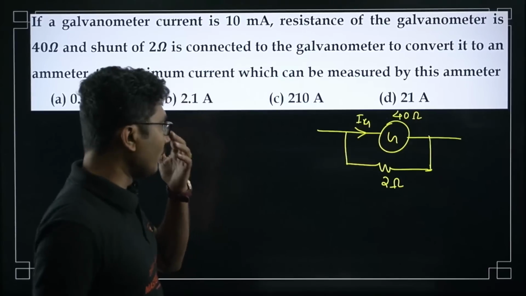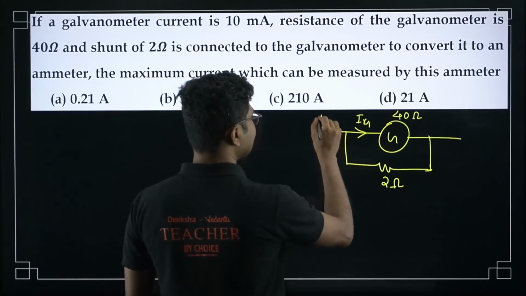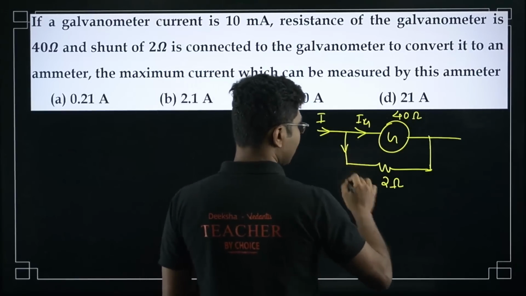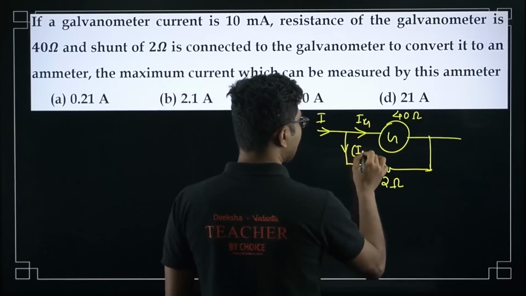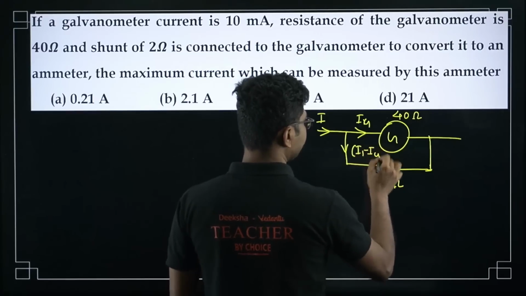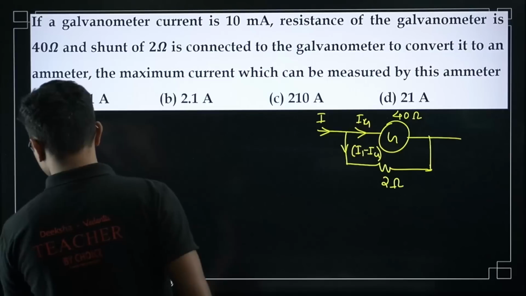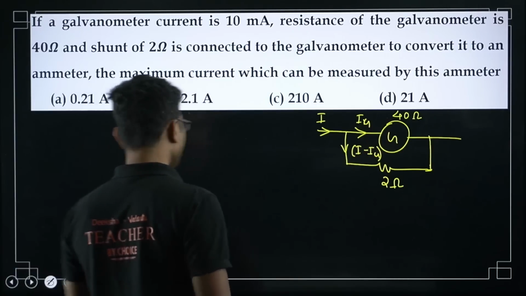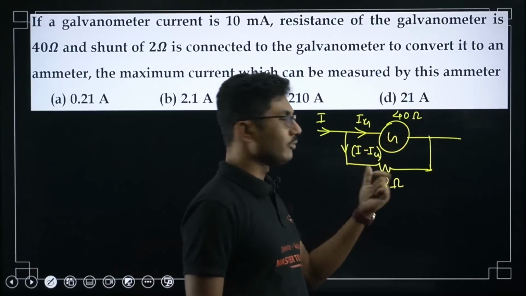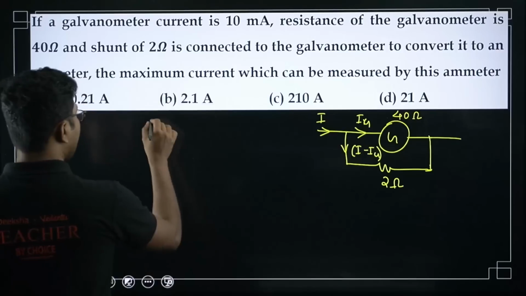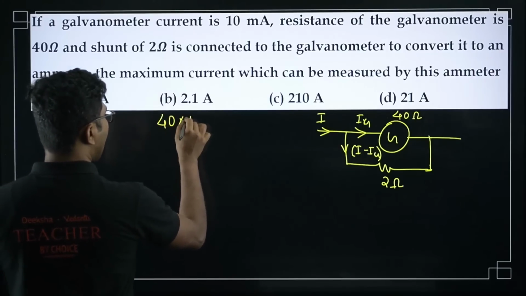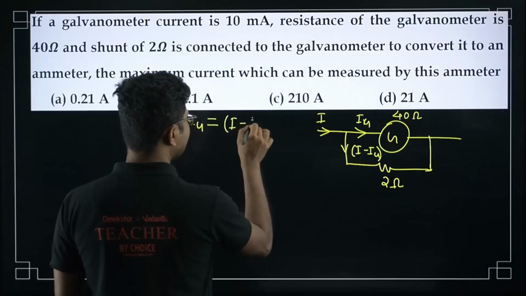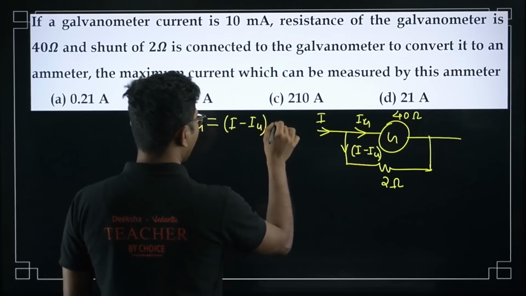Okay, so what is the maximum current it can measure? Maximum current is the current in the circuit. So the remaining current will pass through this 2 ohm, so I minus Ig. Right, now we know that because these two are connected in parallel, the voltage across the galvanometer should be equal to the voltage across the shunt, that is 40 into Ig should be equal to (I minus Ig) into